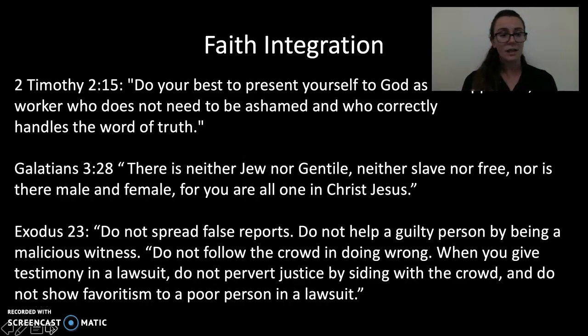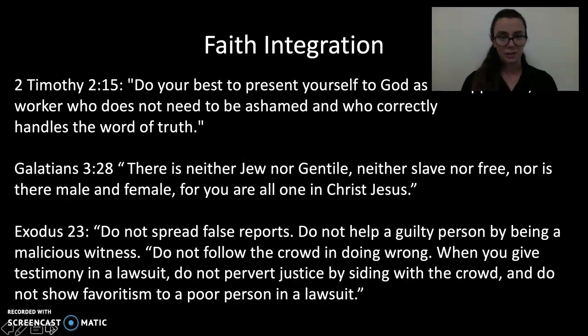At all times. For the next one, where it talks that there's neither Jew nor Gentile, neither slave nor free, nor is there male or female, I think this really speaks to equality within the workplace and employment. We're all the same. We're all children of God. I think it's really important that we remember that and that we encourage diversity, because though we may be different,